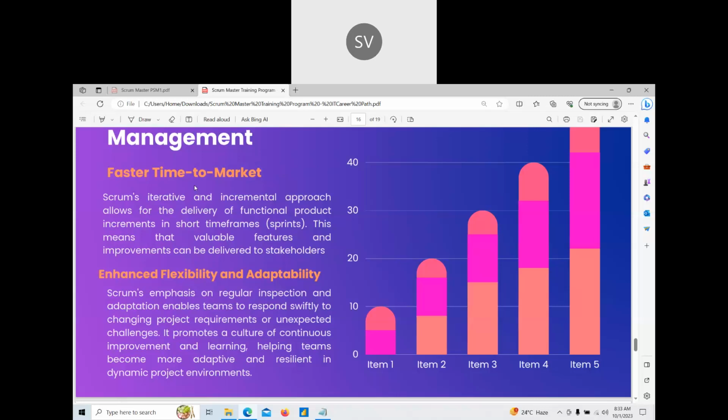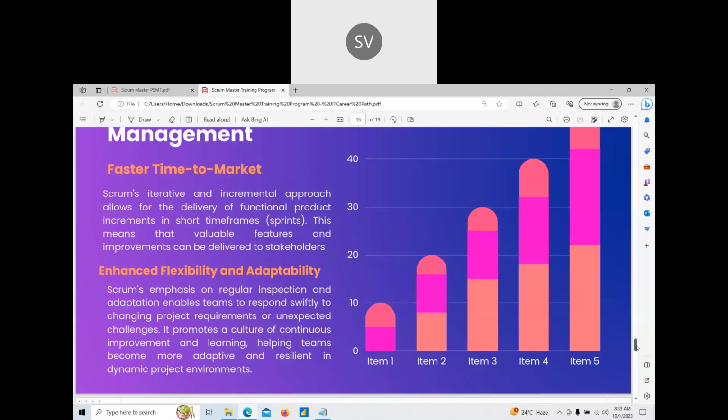But in Scrum we can show a working product within a short period of time, like 2 weeks a sprint or 3 weeks a sprint. Within 2 weeks we can show a working product to the client.